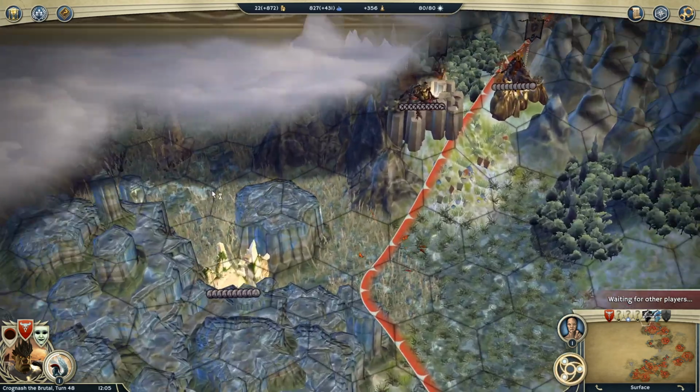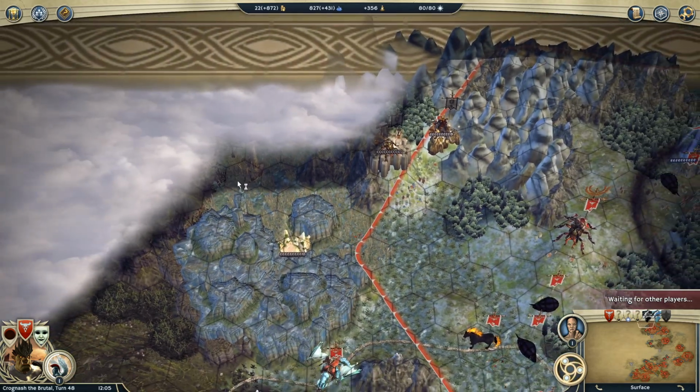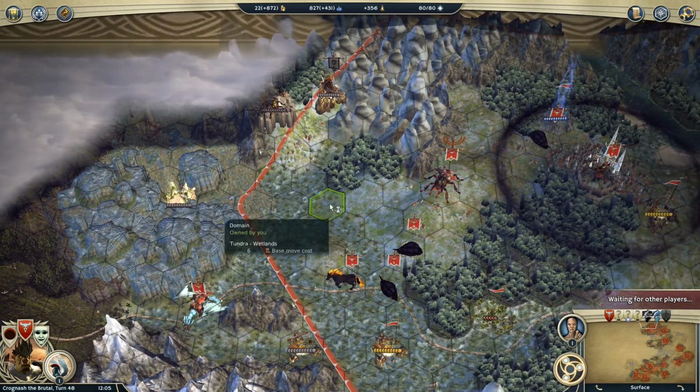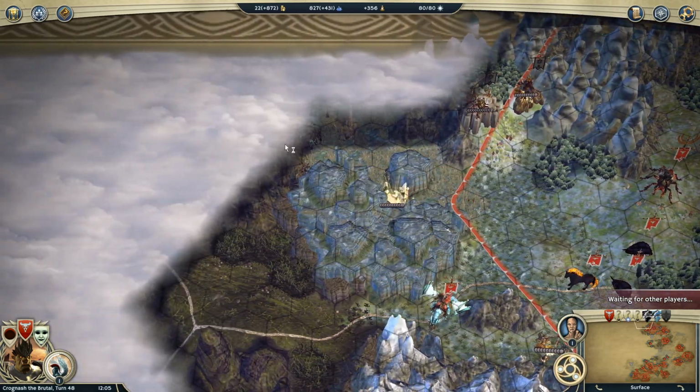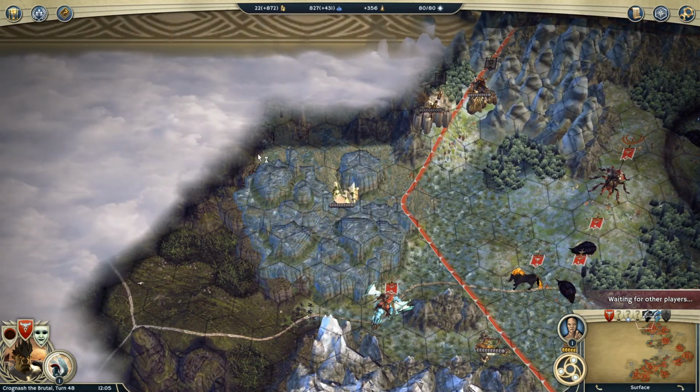Is that a watchtower? Oh, it is. That's going to be nice. We can go and grab that potentially with Crognash and hopefully get a little bit better vision range so we'll know kind of what's going on up here in the north. Although it is kind of right on the edge, so we're not going to get as much benefit from it, but...